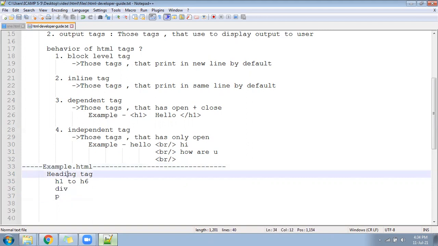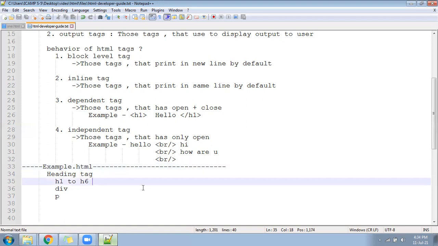Okay, we say it's simple, but actually it's not simple. Everything starts from here only. Everything starts from HTML itself. HTML is completely the building block of your web application. You need to know what is the use of h1 to h6 tags. Okay, first I'll create example 3, then we'll come back.